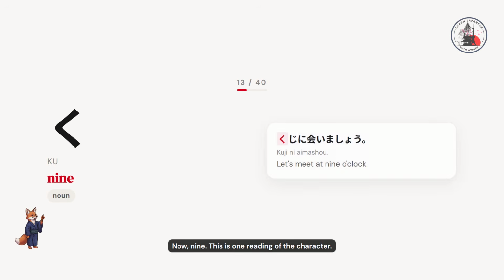Now, 9. This is one reading of the character. く、く。 For instance, 9時に会いましょう。